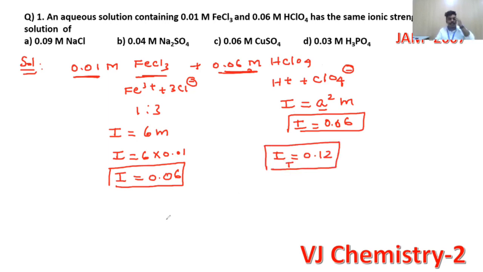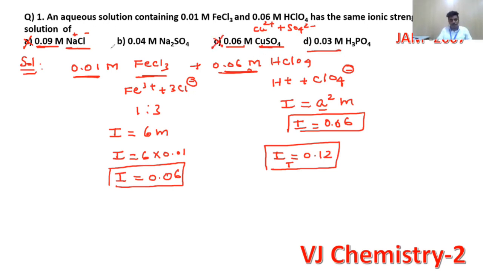Now what does the question mean? In an aqueous solution containing 0.01 m FeCl3 and 0.06 m KClO4, the same ionic strength of which of the following? Now see, this is a 1:1 ratio, plus minus. Same ionic strength, 0.01. Answer is 0.12. But this is not correct. You take this question. Copper sulfate. Cu2+, SO4 2-. This is the same charge ratio. This is 2:2. That means what? 2 square into m. What is 2 square? 4. 4 into 0.06, that's 0.24, right? This is also not the answer.